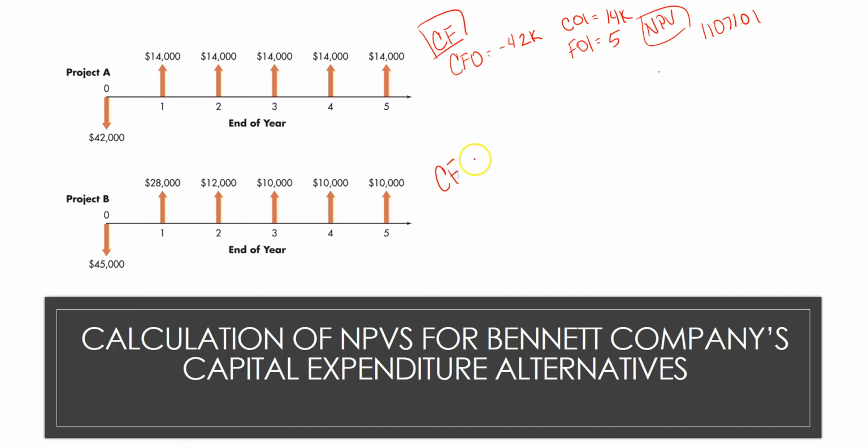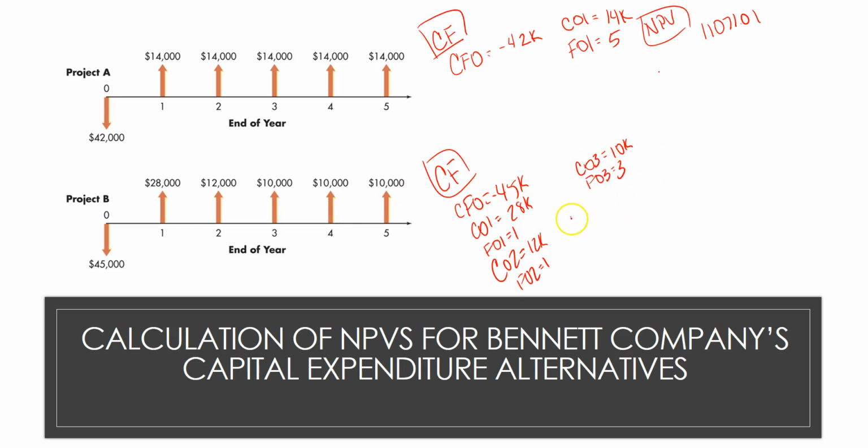Project B, push the cash flow button. Cash flow at time period 0 is a negative $45,000. Cash flow at time period 1, $28,000 with a frequency of 1. Cash flow at time period 2 is $12,000 with a frequency of 1. And cash flow at time period 3 is $10,000, and there are 3 $10,000s in a row, so the frequency of that is 3. Push the net present value button, enter in your discount rate of 10%, enter, down, compute, and solve, and you'll get